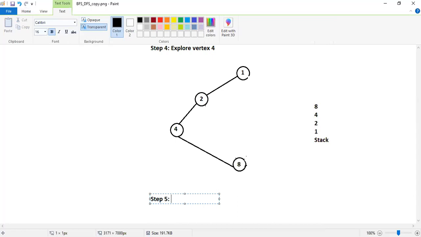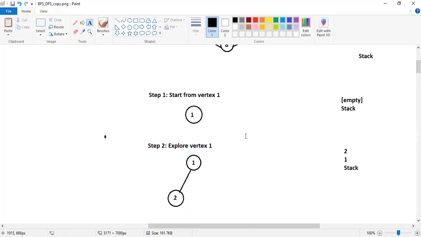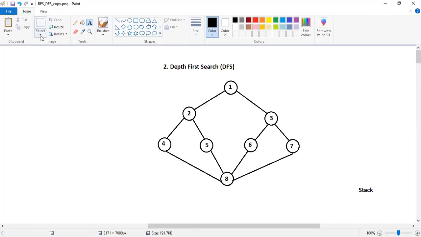Now, what will the next step be? Step number 5, explore vertex 8. In the exploration of vertex 8, first we will begin with vertex number 5.